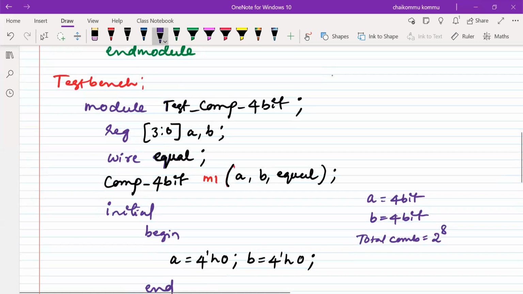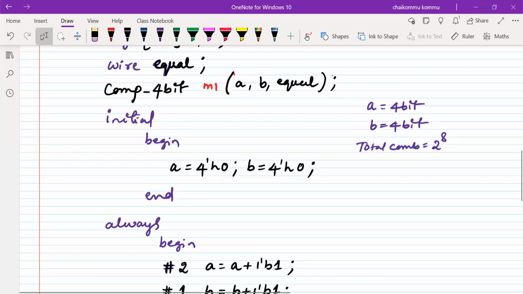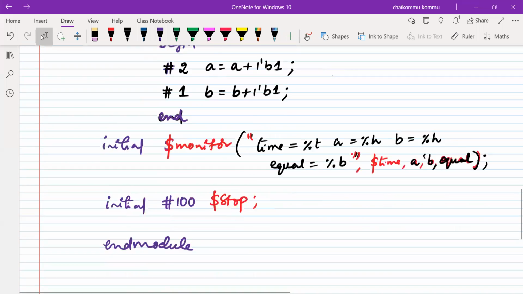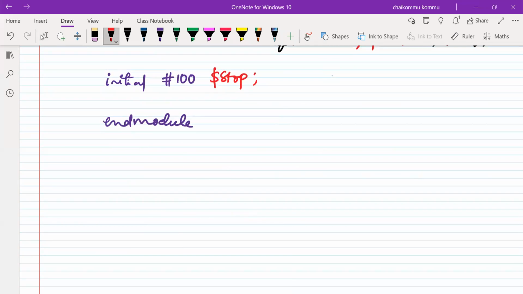So shall we develop the expected output that will be drawn from this test bench? We will develop the output from this test bench. Actually, the tool will generate it, but now we know the theory, therefore we want to develop the output it is generating. So let us look at this. Expected output.